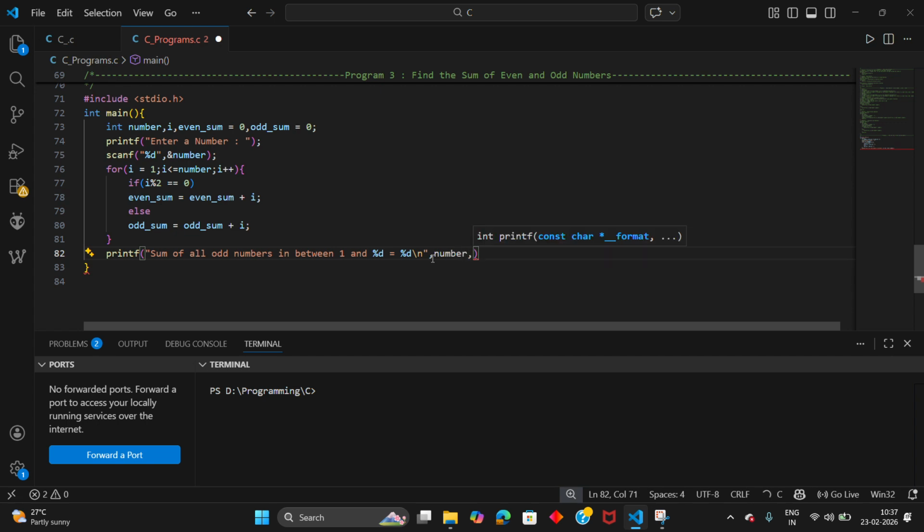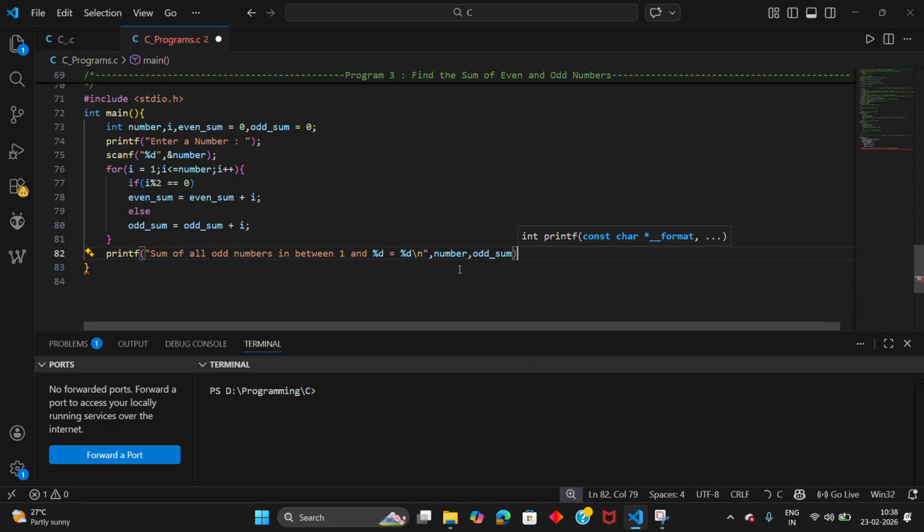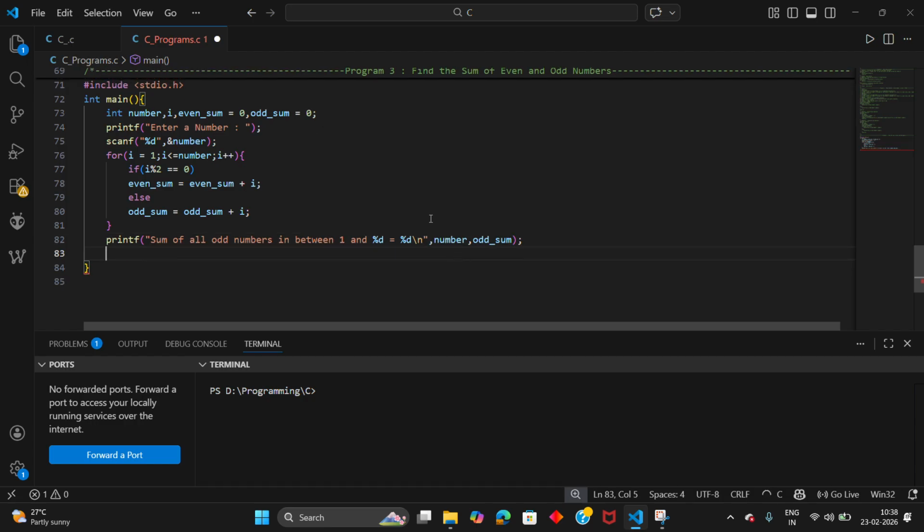For the first %d we are going to give the number. Sum of all the odd numbers in between 1 and the number which we are going to enter will be odd sum, right? So I am going to give over here odd sum, and I have used \n, which is used to move towards the next line.